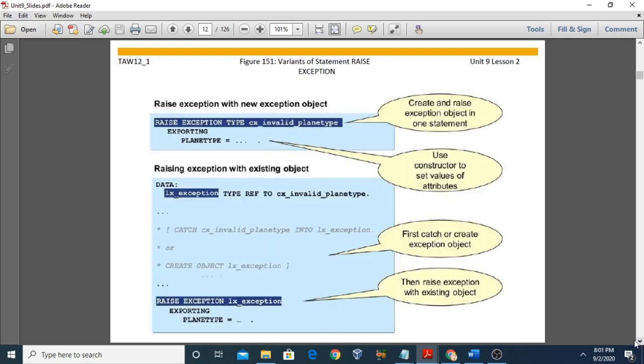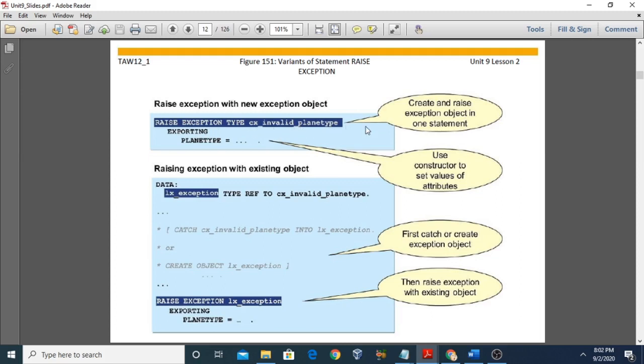Now come to the next topic, variants of the statement RAISE EXCEPTION. You can create and raise an exception with any of these syntaxes. The first is RAISE EXCEPTION TYPE, then the exception class, and then you can use exporting and importing parameters.